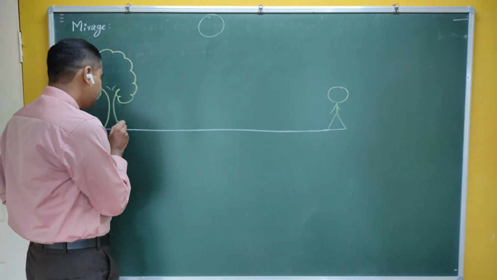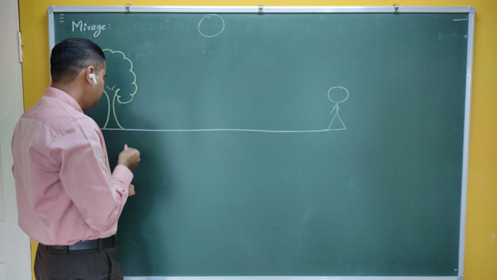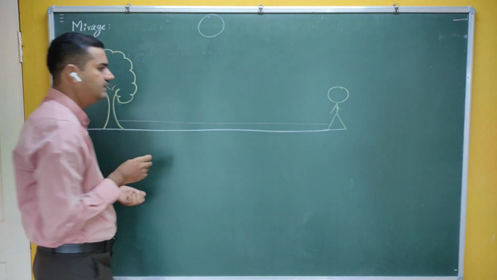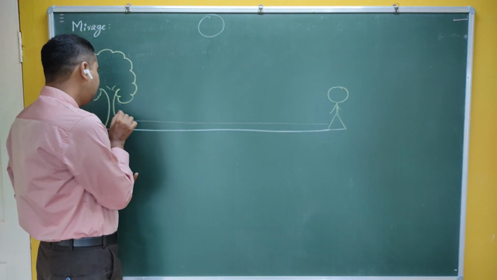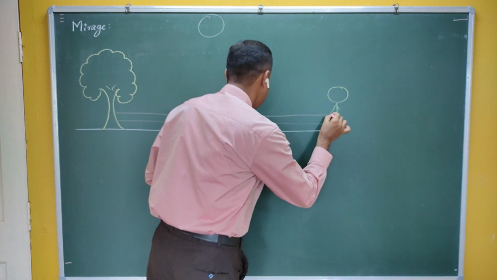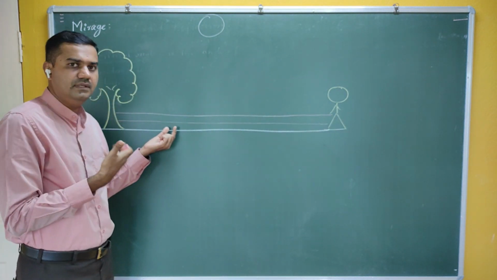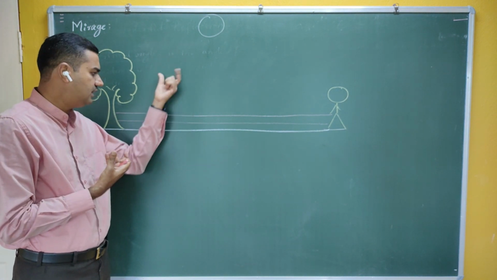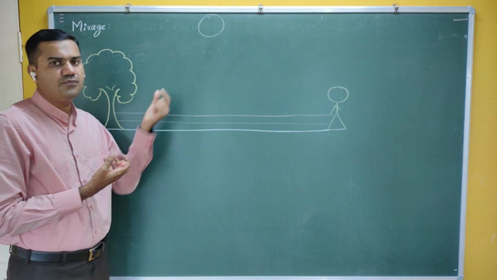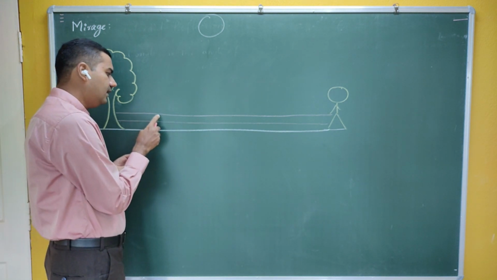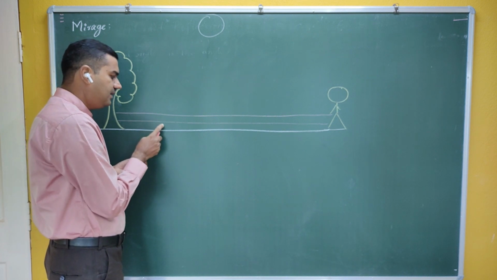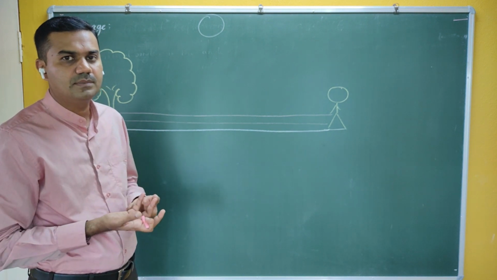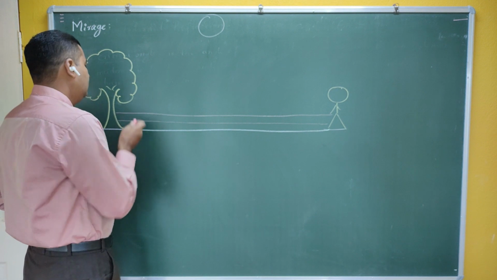Okay, so they get heated. The layers which are very near to the earth's surface get heated. Next, heat is transmitted to the next air layer. As I have studied about temperature gradients, how heat conducts from one place to the other place, you know that the temperature slowly falls. So this layer also gets heated, but its temperature is less than the temperature of the layer which is in contact with the earth. Definitely this takes place. You can refer to the concept of temperature gradient in case of conductors.